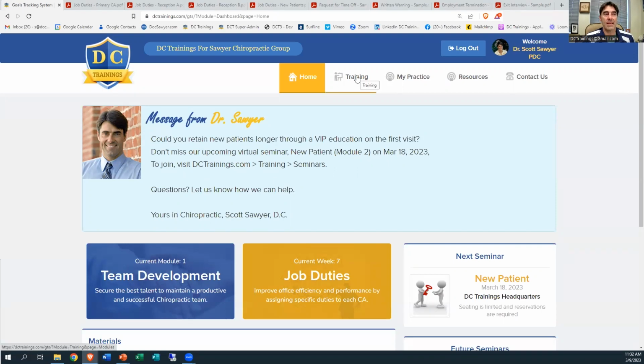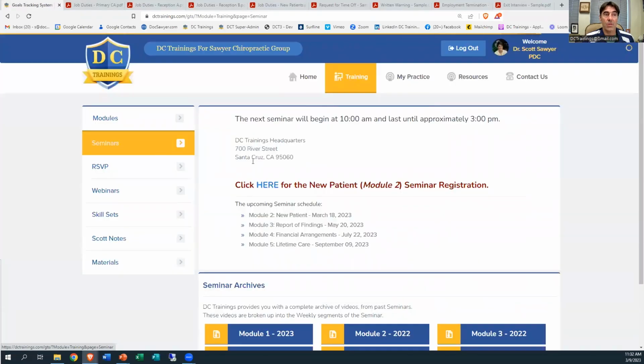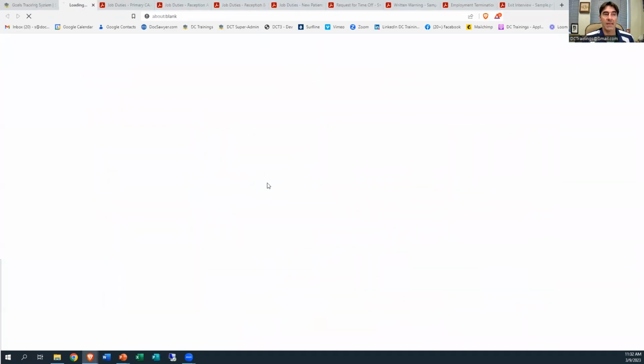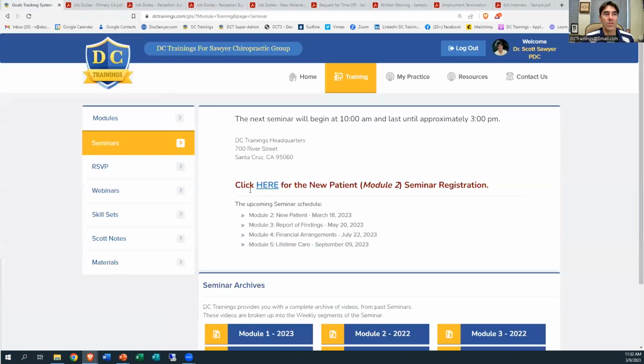If you go to training and then click on seminars, you'll click this button right here, and it'll bring you right into the seminar. It says webinar registration, but it's actually the seminar registration, and it'll take you right in there when you click on that button. It'll be from 10 until 2, so it's a 4-hour window. We're going to jam through all the information that you need to provide a great education for all of your